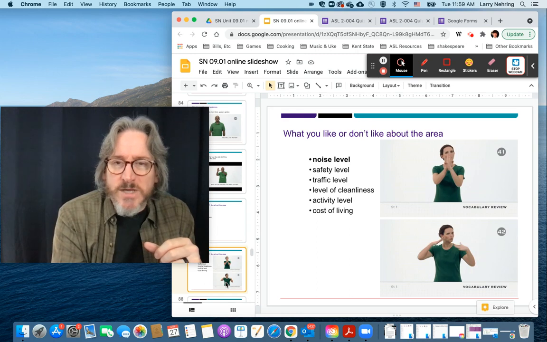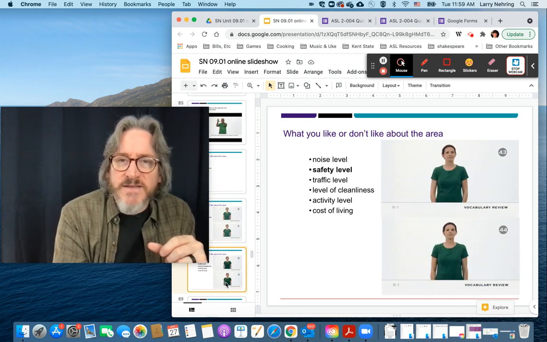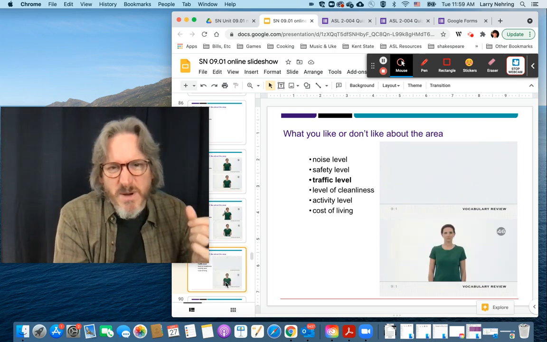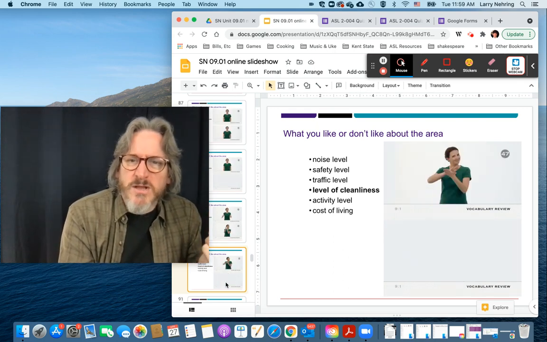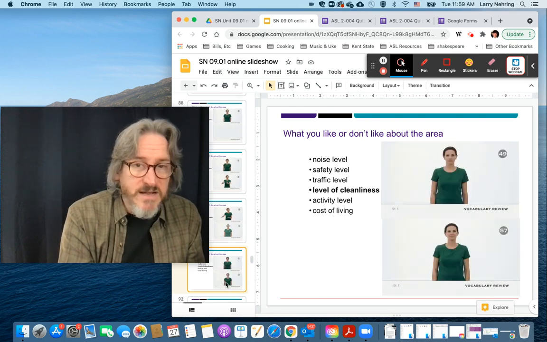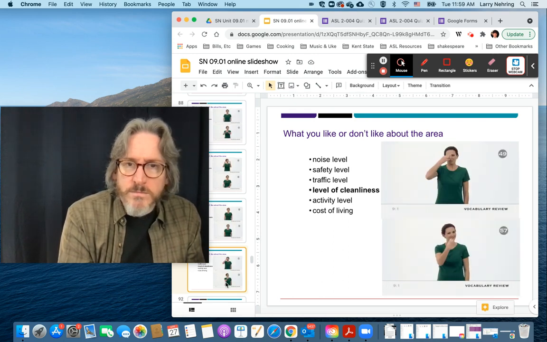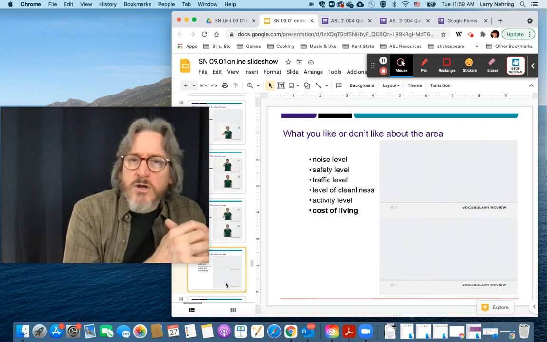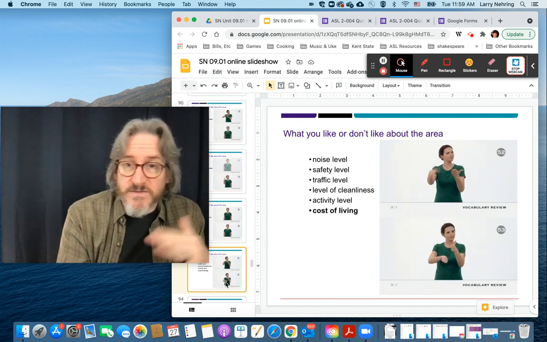We've got different ones for noise level, safety level, the level of traffic, how the streets are is probably a better specific one, the level of cleanliness, activity level. Two signs for cleanliness, activity level, cost of living, if it's expensive, if it's cheap,